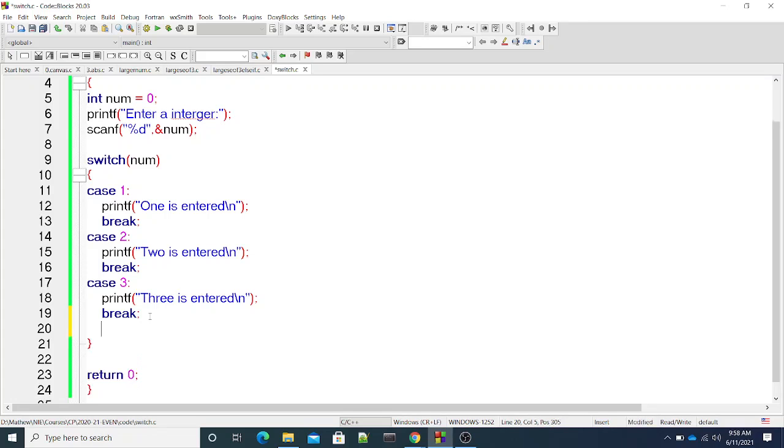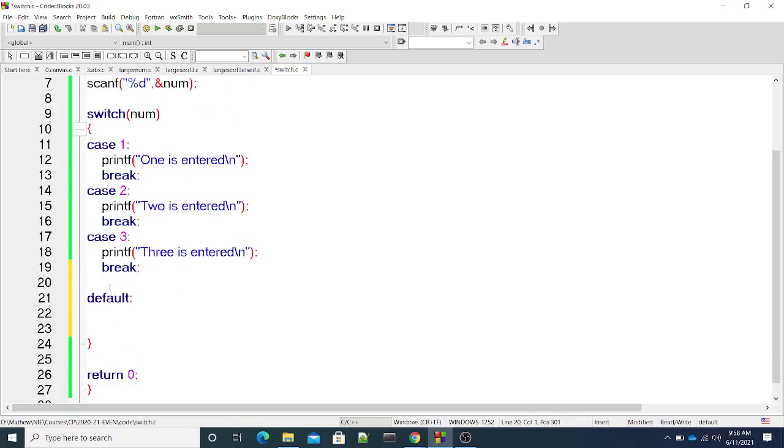Similarly, I can write any number of case blocks. Now I don't want to handle all the possible values of num. Num can take an infinite number of values, all the possible integers, right? I cannot keep on writing. So I am interested particularly in only values 1, 2 and 3 if stored in num. All other cases I want to handle at once. So any other value the num variable takes, I want to handle it together in a single block. For that I write